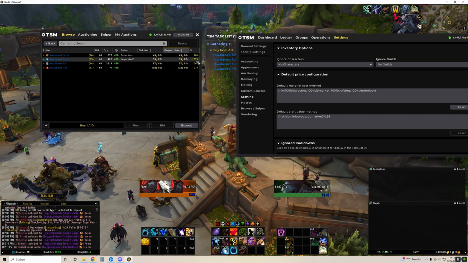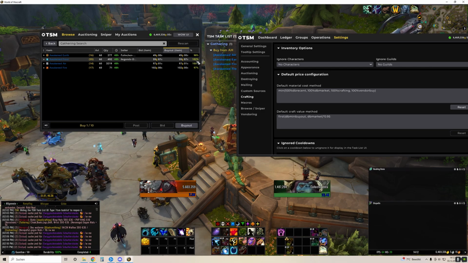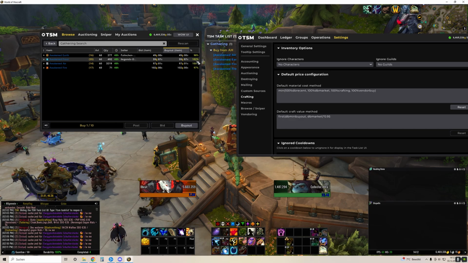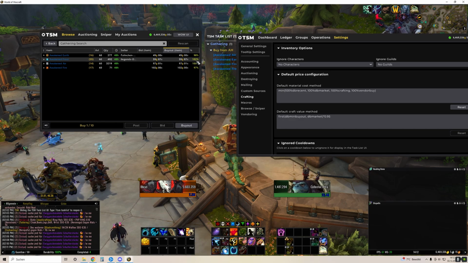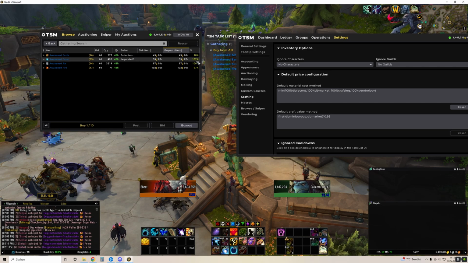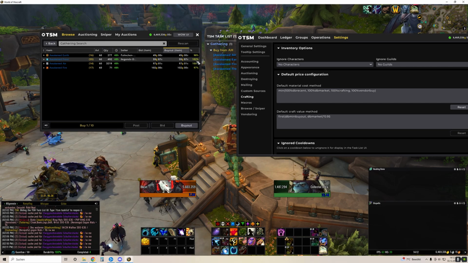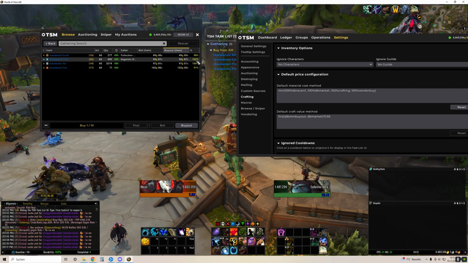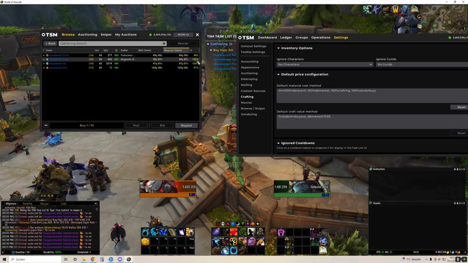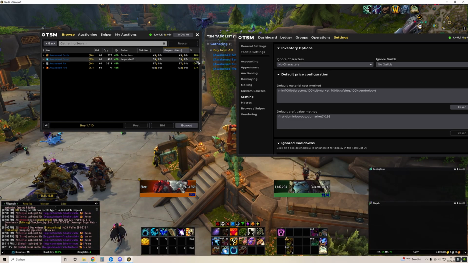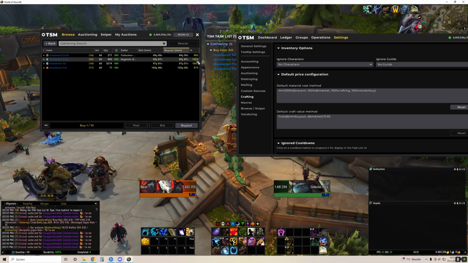But let's say you craft something where the profit amount is extremely low, like maybe 5 gold, 8 gold, 15 gold for each craft. I wouldn't suggest buying any materials above 100% in that case. So if the profit amount is low, just stick to the 100%, but if you craft something where the profit amount is extremely high, over 5,000 gold, over 10,000 gold, you may also consider buying materials at around 102 or 105% of the